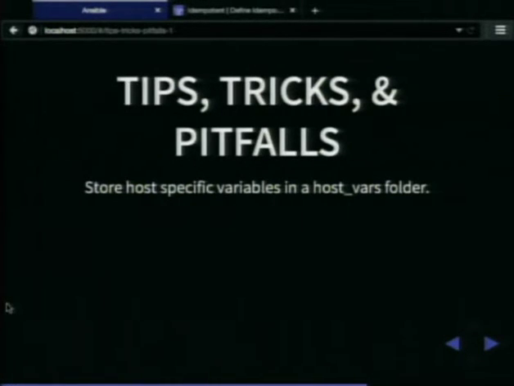One of the things that you can do, it's kind of a tip or a trick, you can store host-specific variables in a host_vars folder. This is a separate folder. You can just manage independently your different hosts and what you want to see for them. Conversely to the tasks, one huge file for a given role, you can separate out the different information, the variables that you want to treat, the IP addresses, the host names in my example, into separate files, which also makes management very easy, especially if you're using something like source control.